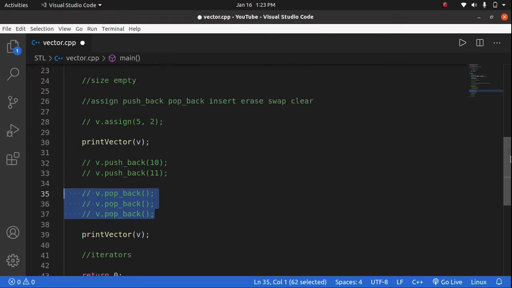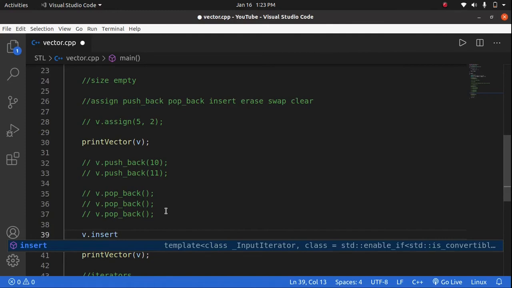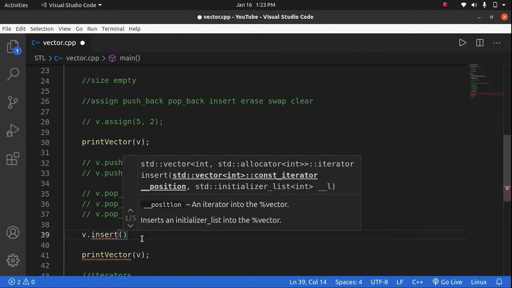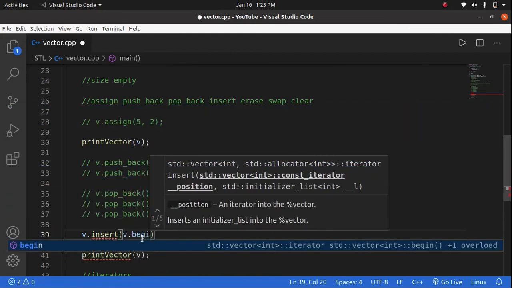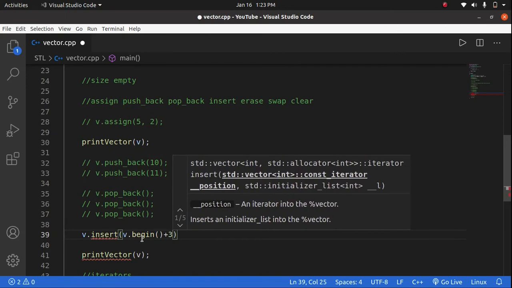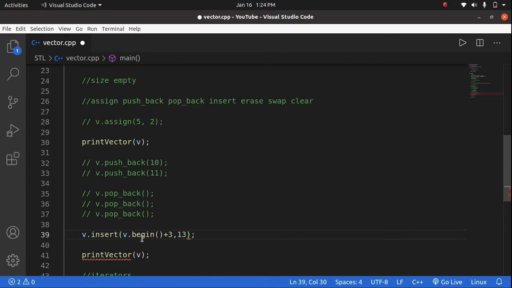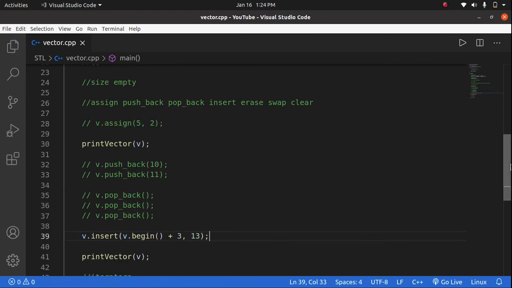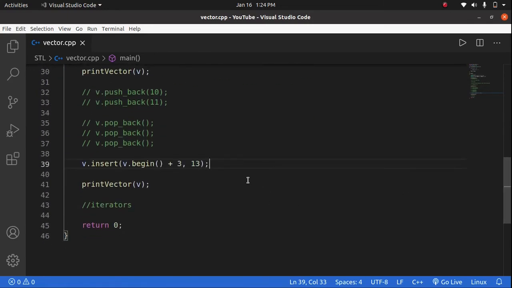Next function is the insert function. Now this function uses the iterators to implement. Okay, now how is this working? V dot insert, we can insert at any index. By pushback only we can insert at the end. So if you use the iterators v dot begin plus 3, now we can insert any value, like let's say 13. So we will insert 13 at the third index, like 0, 1, 2, third. At third index will be 13 and 6, 9, 7 will be shifted. So this function will take the linear time because it needs shifting.